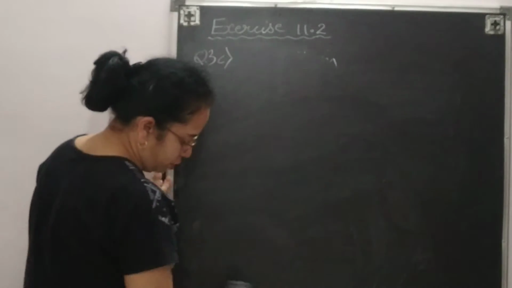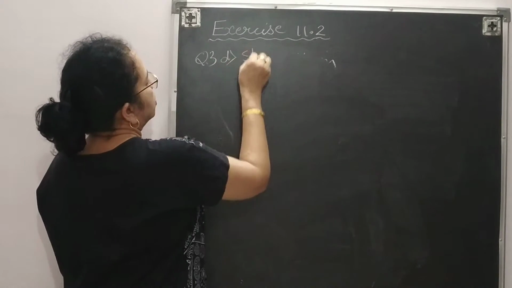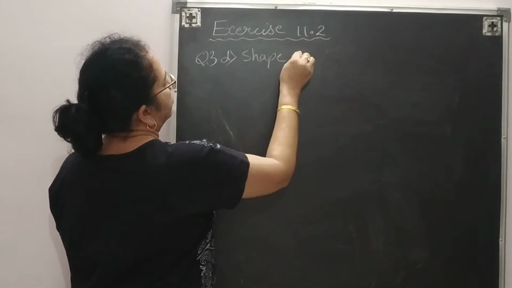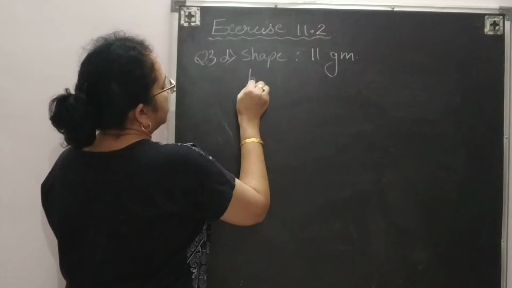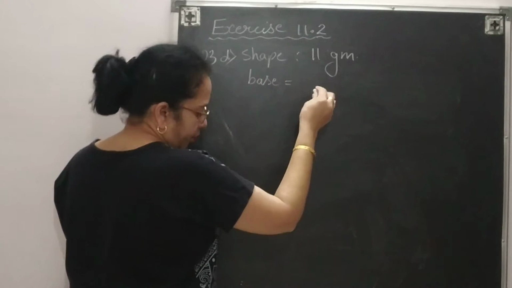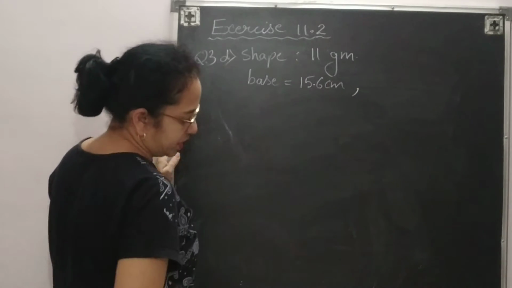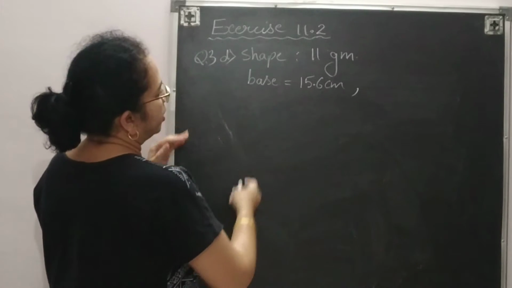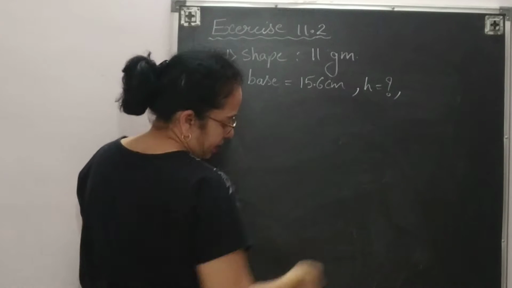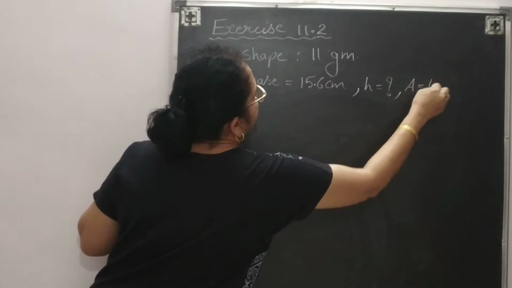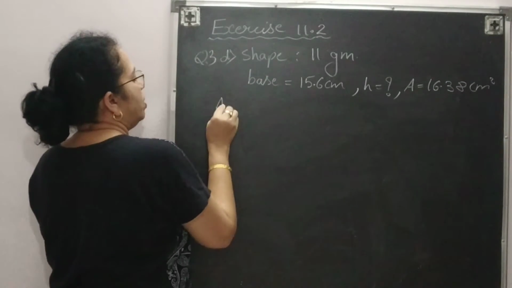Now I will solve one more question from this same question, question number C. I will solve D1. So D1 it is given shape. Shape is parallelogram. Base is given 15.6 centimeter. I am writing here beside that so that I get some place to solve. But you are supposed to write one below the other. Height is question mark, and at the same time area is given 16.38 centimeter square.